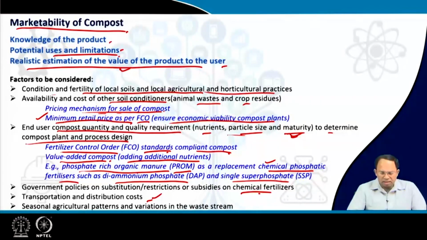And seasonal agricultural patterns and variations in the waste stream. That means in different seasons, different kinds of food are consumed and different kinds of crops grow, which will result in different kinds of compost. So the compost quality will change during the entire year from the same plant. So what do we do to keep the compost quality consistent? This is another thing. How do I look into the parameters of compost and determine what sort of standard should be there at the end, after the compost is formed from the organic waste? So the seasonal distribution variations also play a role. We have to understand during what season what kind of compost is generated, and accordingly we have to take measures.